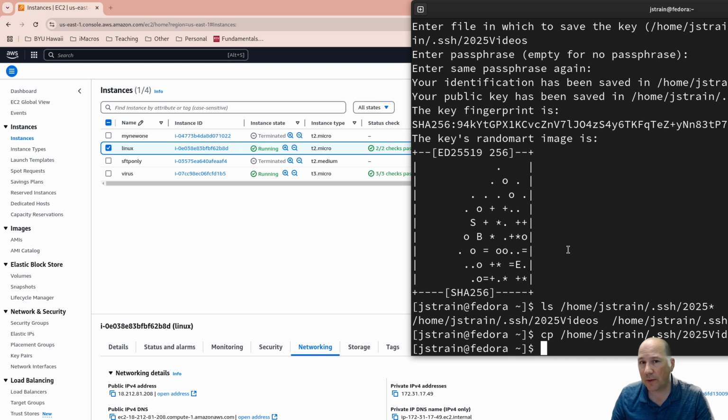This is not a good way to run things in a business. In a business, this admin interface, port 22 SSH, is not open to the internet and should not be. But we're learning. So if I look here at Linux, I need to go to networking,